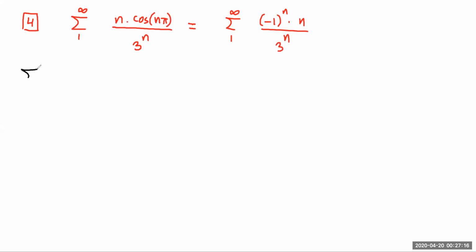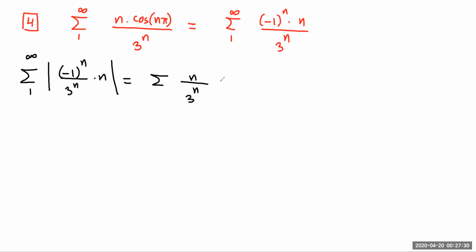If I take the sum of the absolute value of (-1)^n over 3^n times n, from 1 to infinity, this will be the sum of n over 3^n. So if I call this the sum of a_n, always from 1 to infinity,